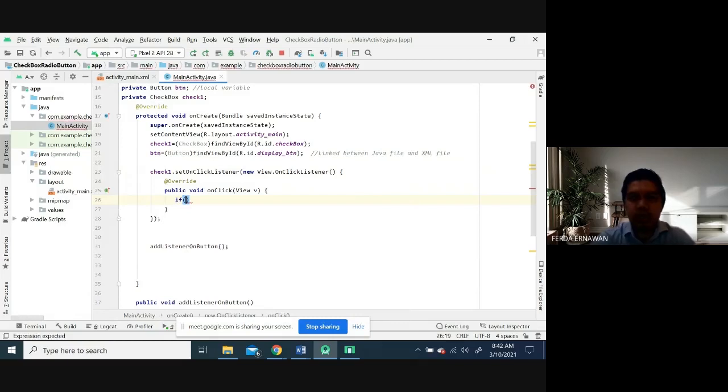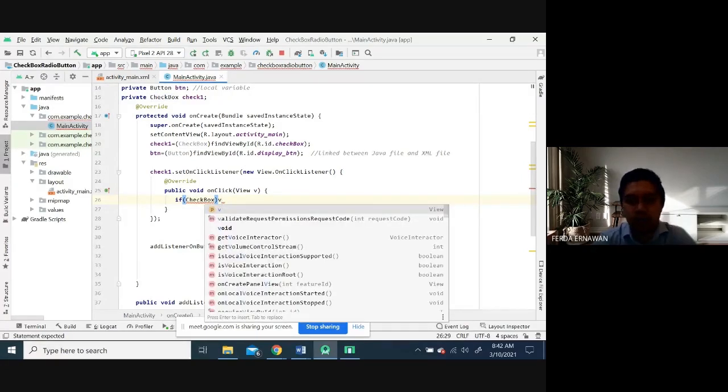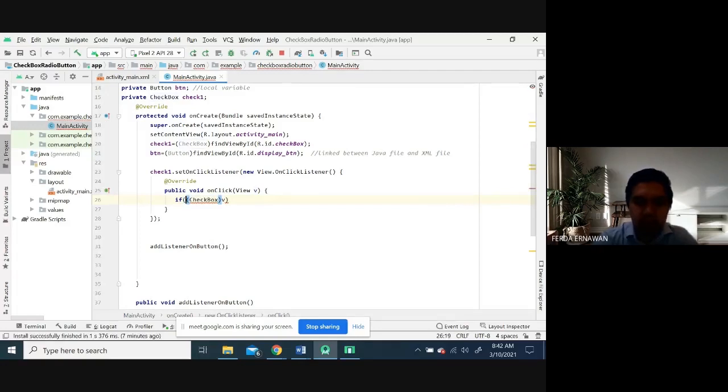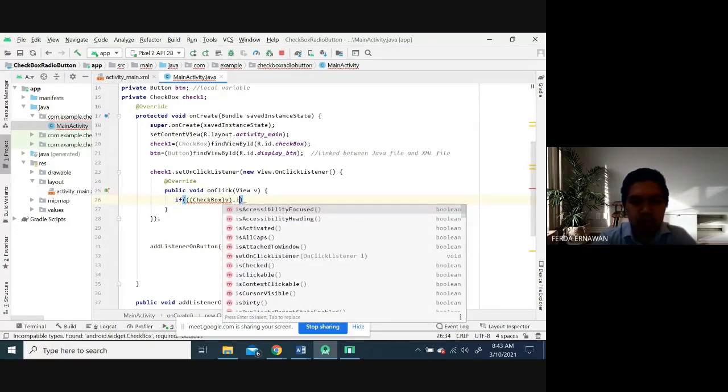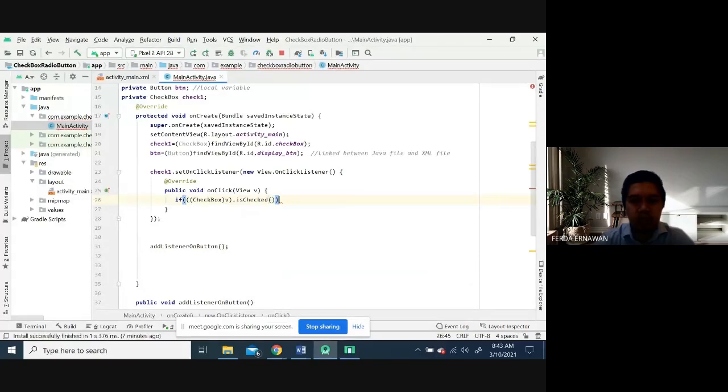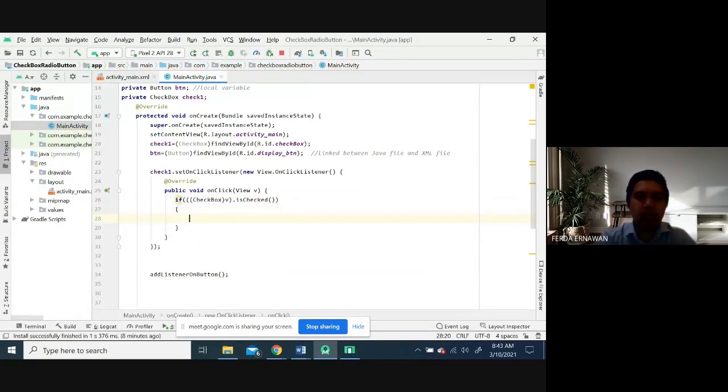If checkbox, yes, checkbox, V, and then in brackets, dot, this is view, dot isChecked.